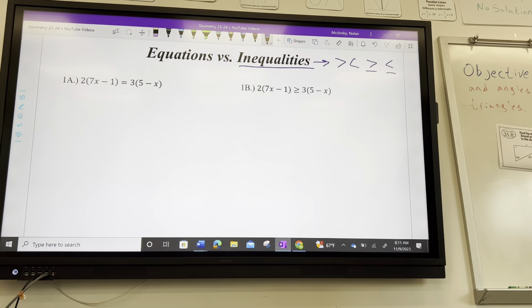Then you come over here, 3 times 5 is 15. 3 times -1 is -3x, and then you have to move the x over, so you add 3x, that cancels. 14 plus 3 is 17x, the -2 drops, greater than or equal to 15, and then you add 2,